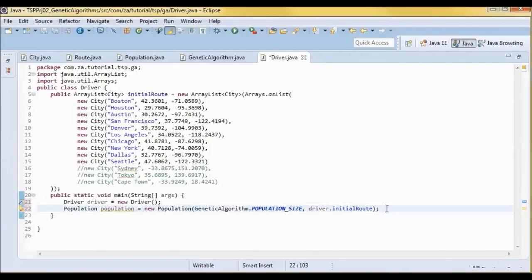And before doing anything, I'll sort the routes in that population. So sort routes by fitness.